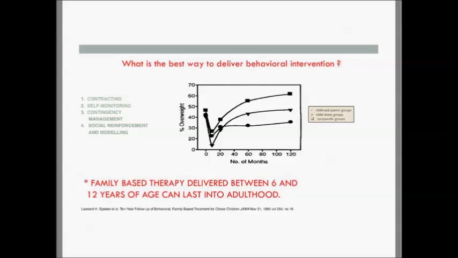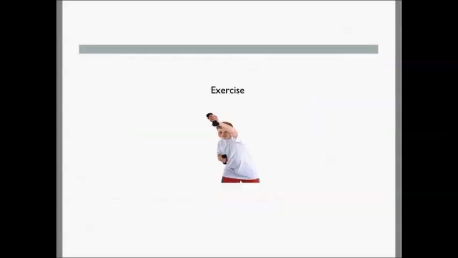Some of the research from the past by Dr. Epstein, listed here at the bottom of the slide, showed that actually research with just the parents, so this particular study had child and parents, child alone, and then just sort of a non-specific group. But when they studied just the parents, there was even a better weight loss that was maintained. So what I do is I actually have my kids doing something with exercise while the parents are in a meeting to talk about behavior as part of my group that I have with my Bounce program.